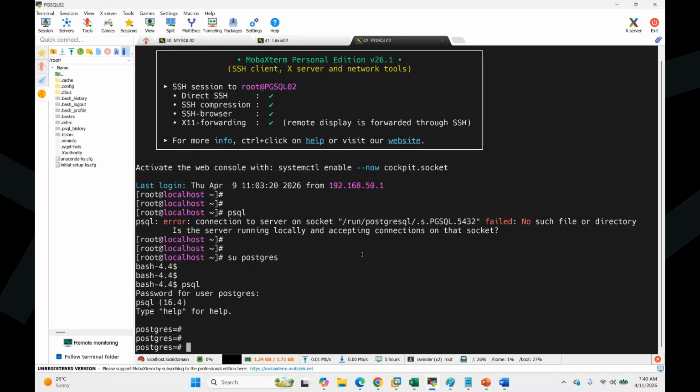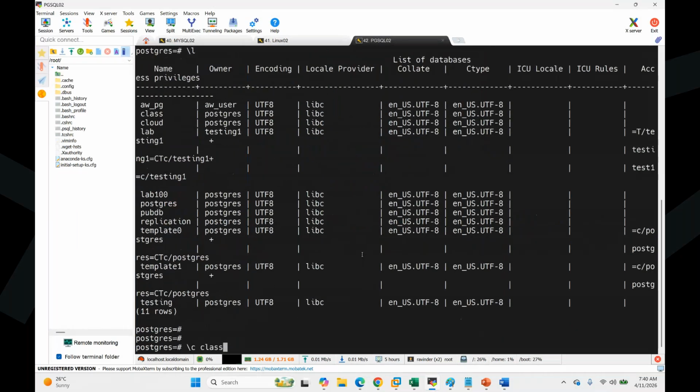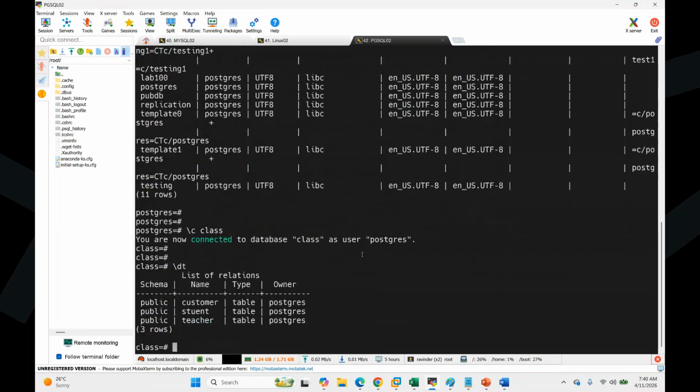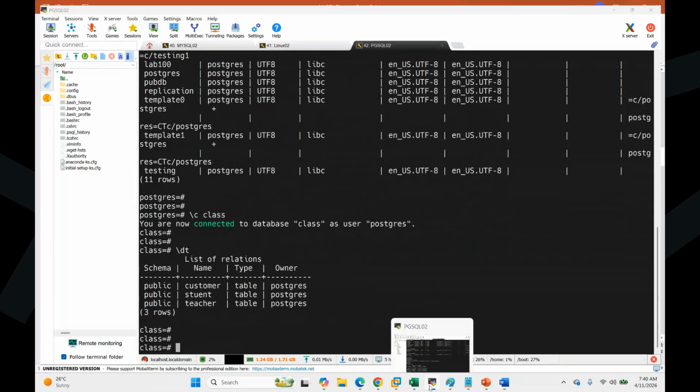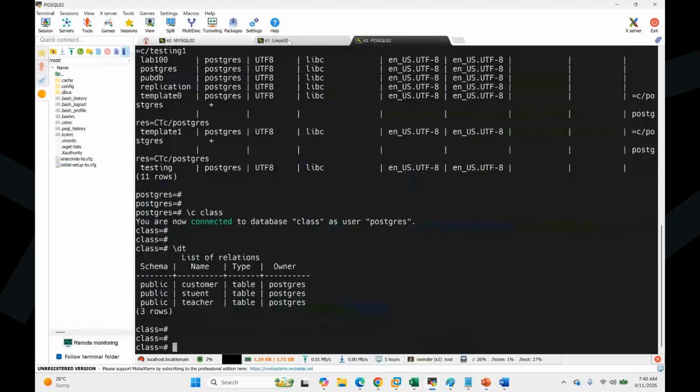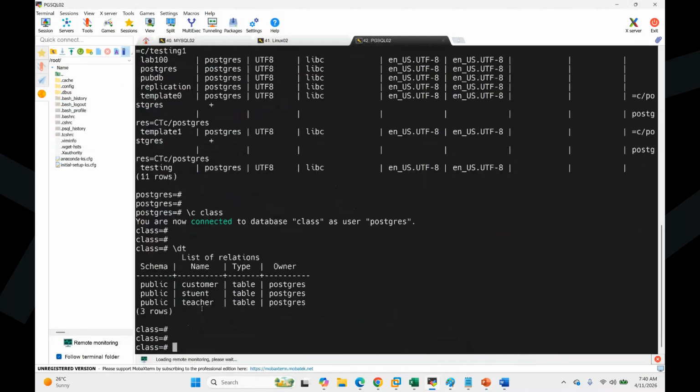Let's see what databases I want to go to, one of the databases. What tables do we have? I'm going to create the table I was playing around with here, the teacher table. Do we have a teacher table? I have to drop table. I'm dropping it here.